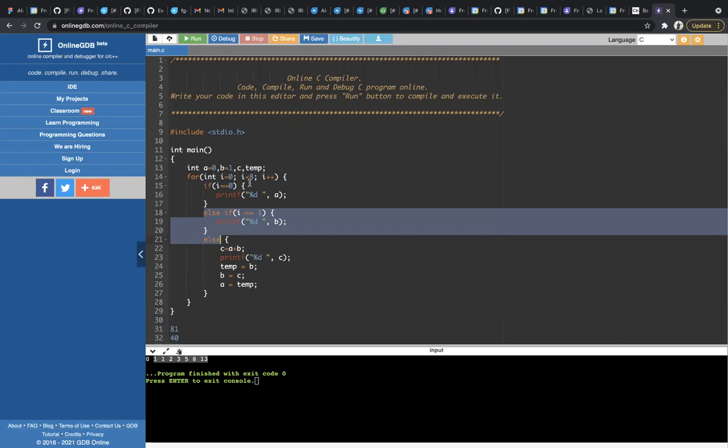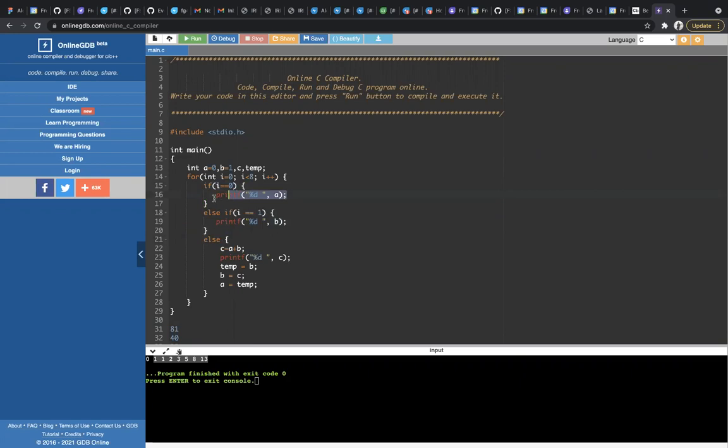So we need to take this conditional statement as 1 and the printf statement as 2. So there are 2 statements. So the first time it enters the loop, it is 2 counts. Then the second time also 2 counts, because it will go to the else if part. So this will be taken as 1 statement, this is the next statement. It won't go to the else part. So totally 2. And for the remaining 6 iterations, it will come to the else part. So in else, if you see 1, 2, 3, 4, 5, and within else it is 6. So 6 into 6, which is